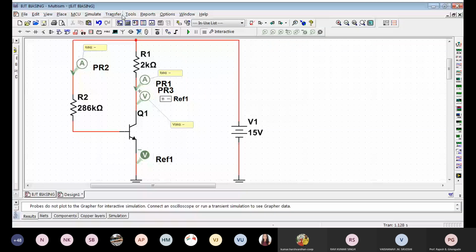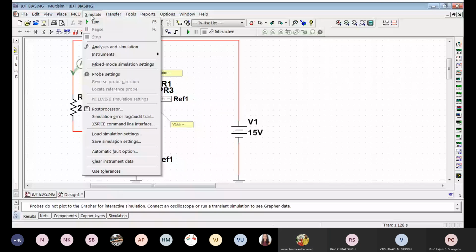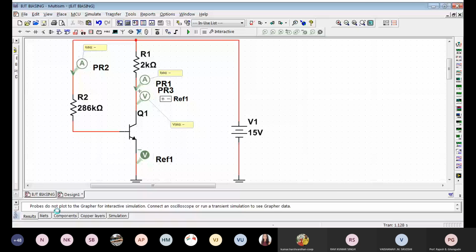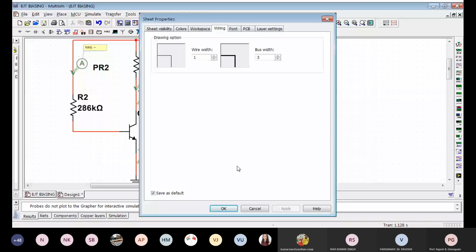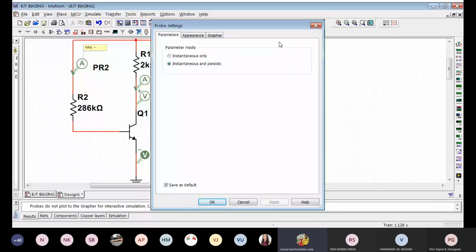Anyways, let us go ahead with a different circuit right now. Let me figure out how to change the temperature later on. These are all related to the graphical attributes. It should be somewhere here.